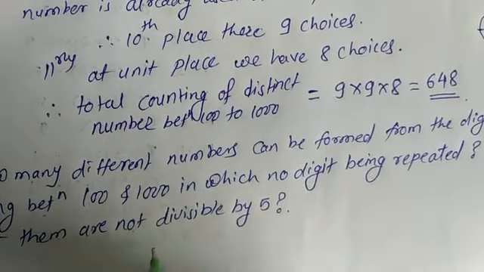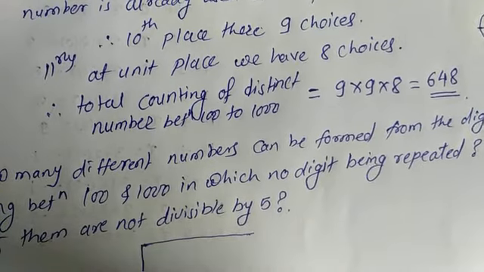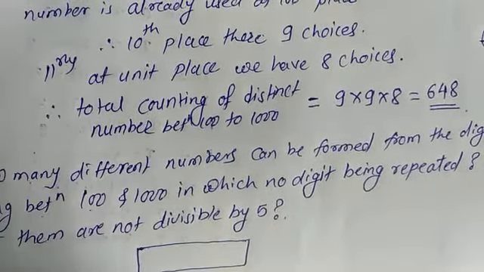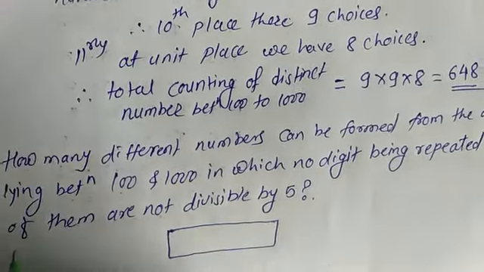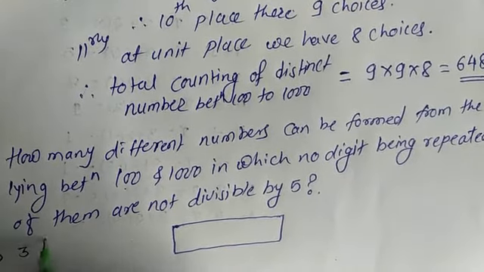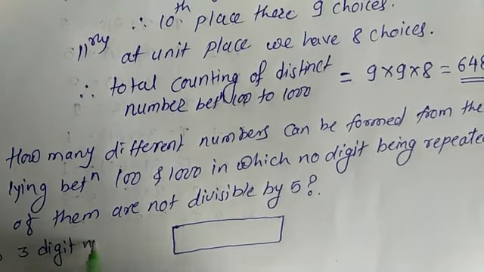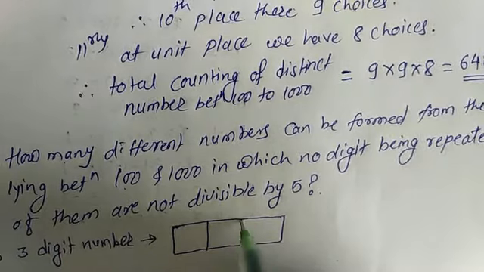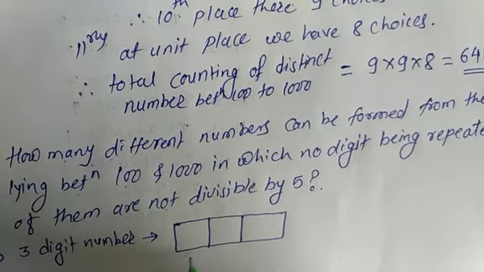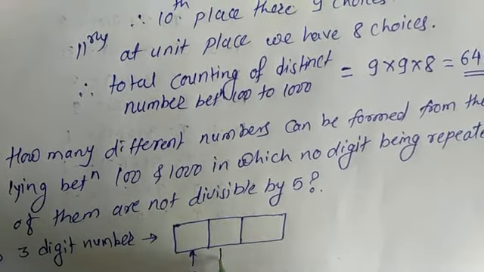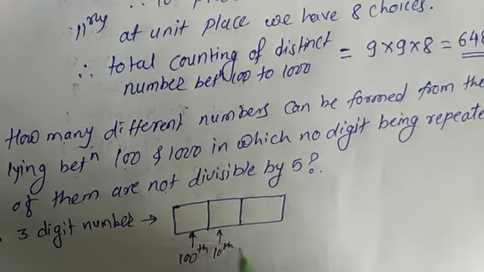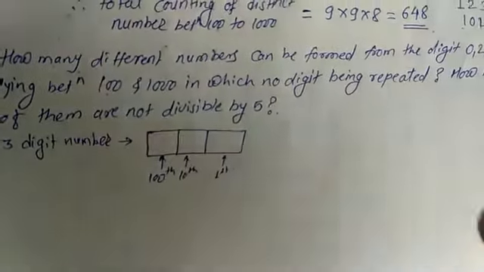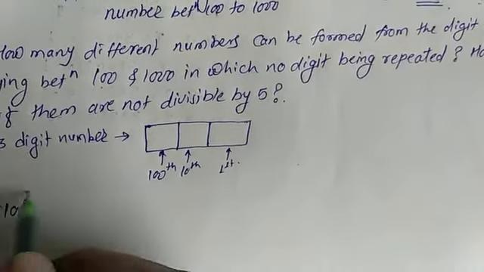So we have to consider, now here it is again, in between 100 to 1000 there are 3-digit numbers. If I consider it by this box, now it is the 100 place, the 10th place, and the unit place, first place. Okay, now at the 100 place